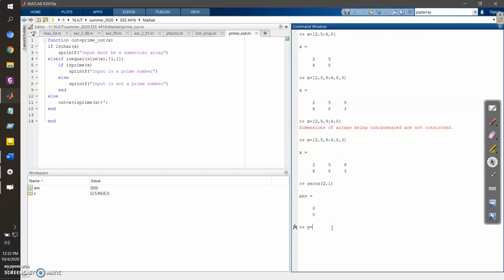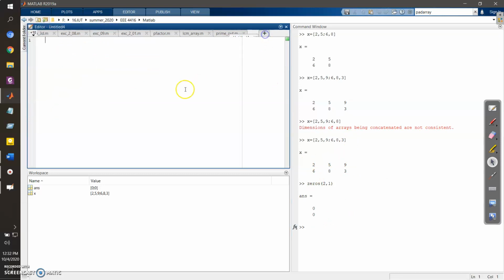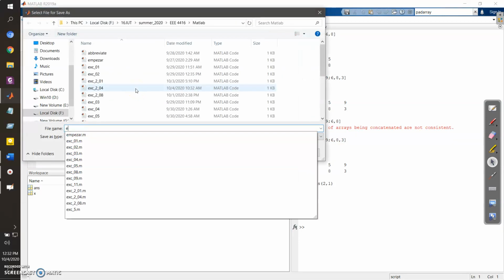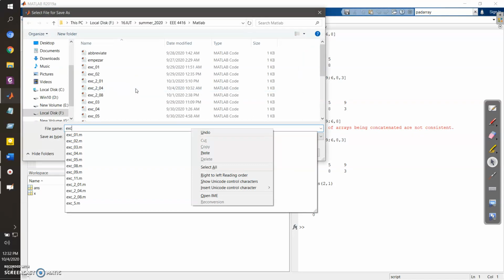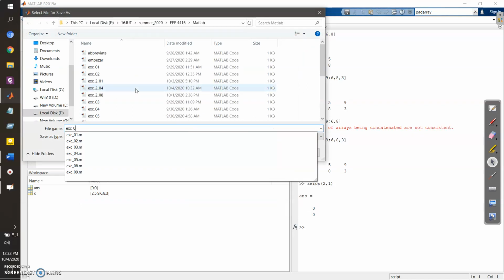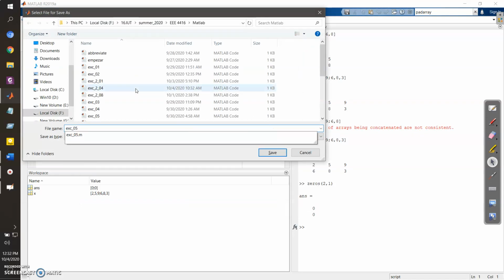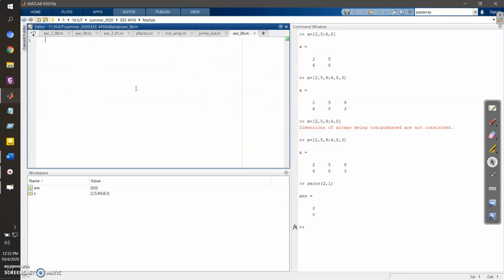Let's write a script here. We have written lots of functions, so let's start writing a script again. So this is our exercise 05. I have already created something for 05, so that's okay, 06. So this is our matrix. So let's do something like this. We are going to first add some zeros here. So what you can do, we can write zeros of